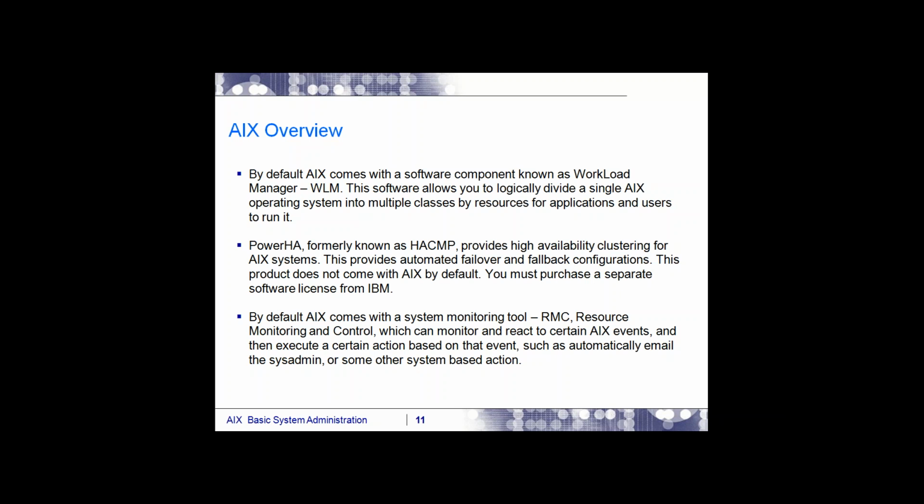For that reason, AIX is providing this system monitoring tool with the name RMC, Resource Monitoring and Control tool. You get this with your operating system. You can just install it, define the events and the limitations there, and leave it. Whenever the threshold value is crossed, it immediately generates an automatic email to the system admin, or to a ticketing tool, or to your mobile. When these tickets come to us, we immediately take action, log in, and work on that. This is one of the advantages of system monitoring.